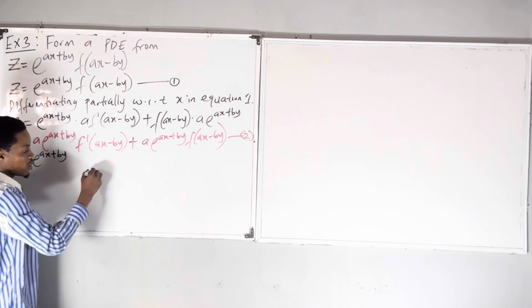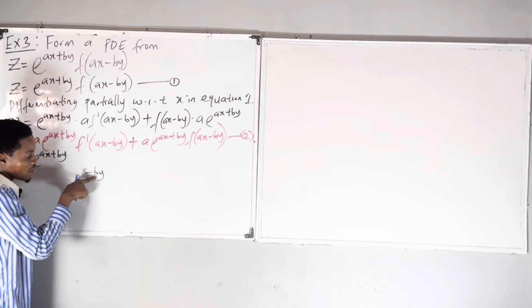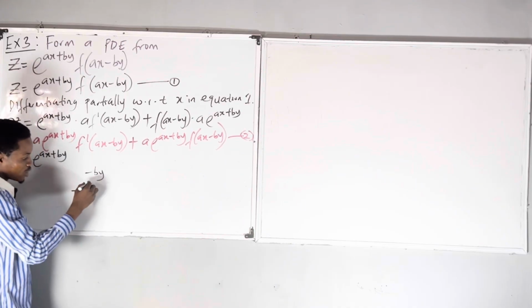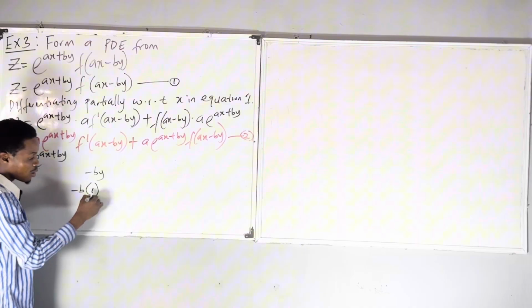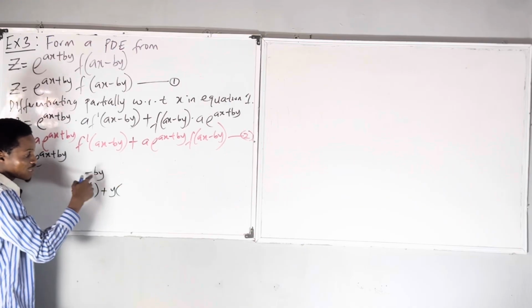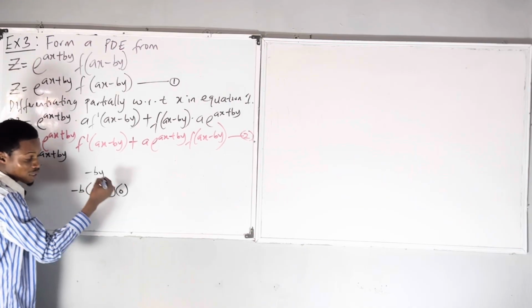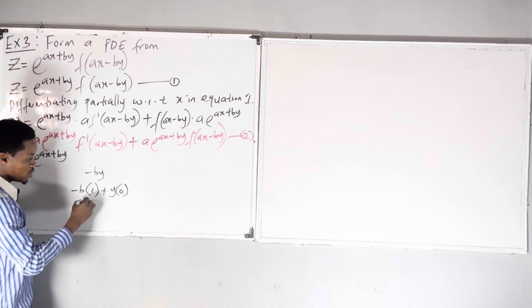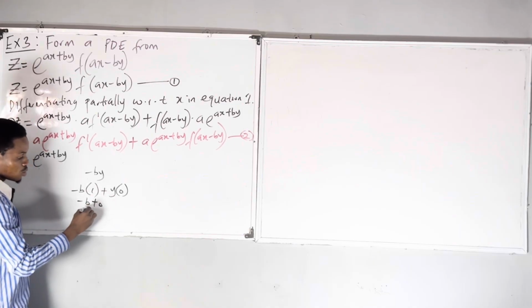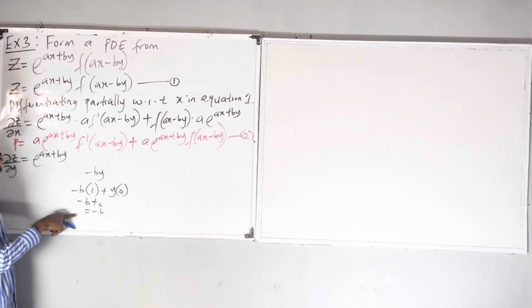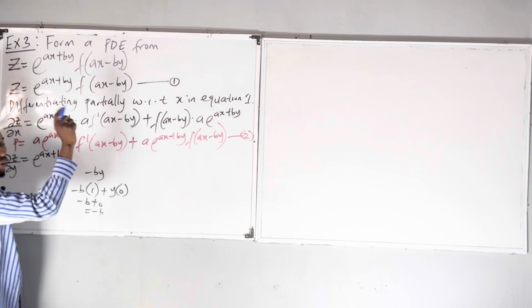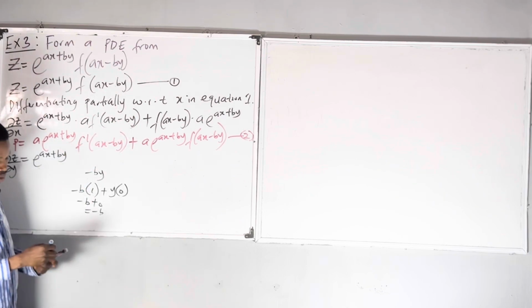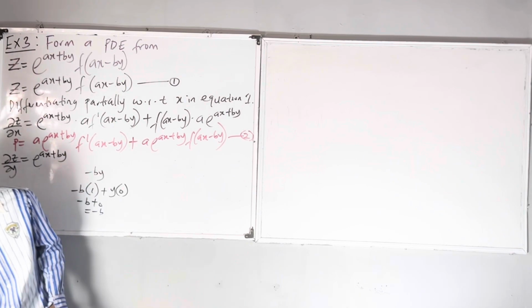The reason why we're having minus b is that I take minus b and differentiate y. If I differentiate y, I'm going to have 1, plus take y and differentiate minus b. Minus b is a constant, so that's 0. So minus b times 1, minus b plus 0, our answer is minus b. That's why I'm having minus b. So if I differentiate y, I'm going to have 1, just multiply it with minus b. So I'm going to have minus